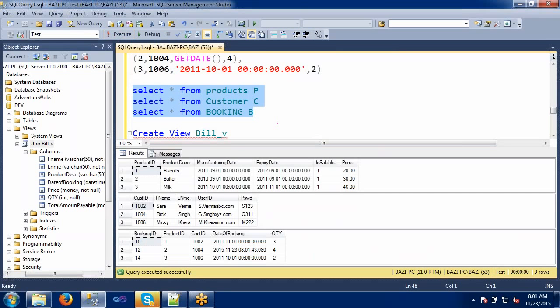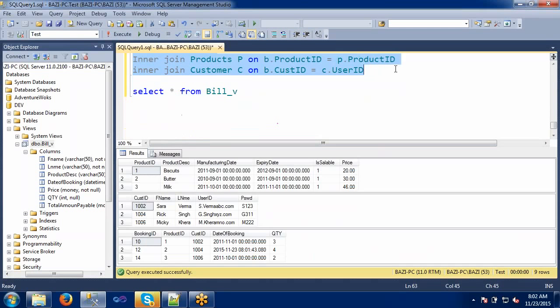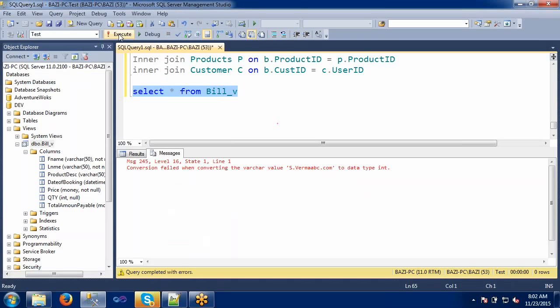Now it has some data. Now I'm going to create a view on this. Is it creating any issue here?